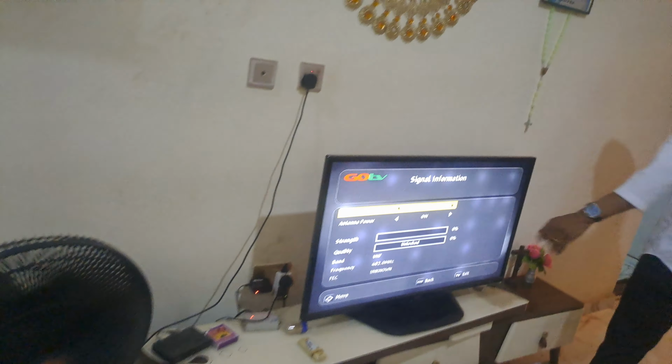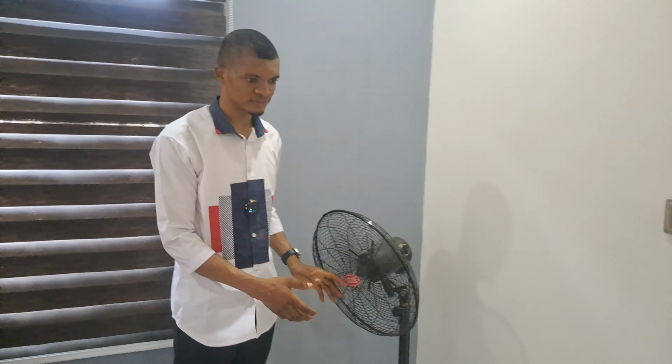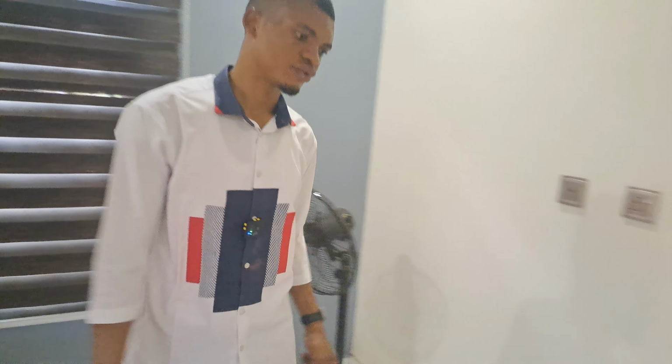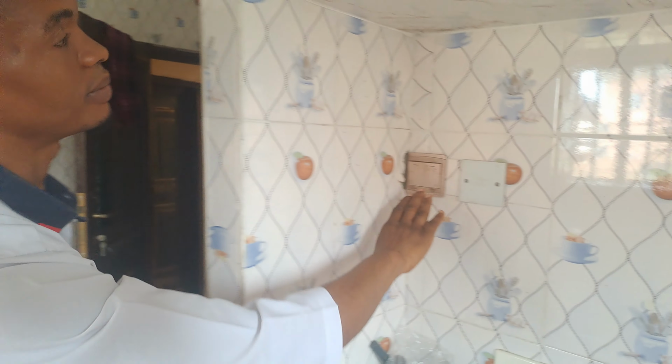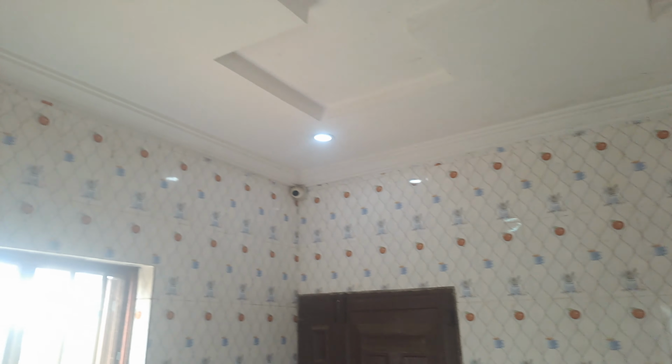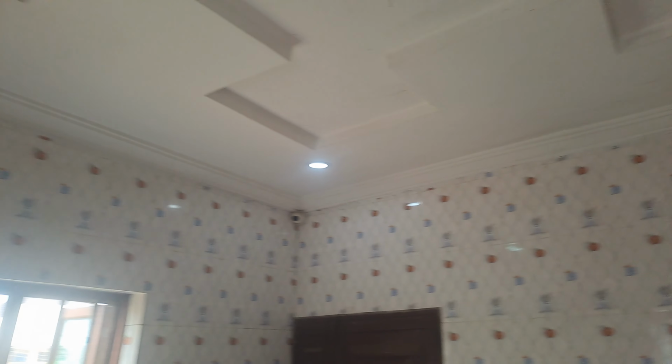You see, I'm taking time to do them one after the other. I got here. I powered this fan too. You see the fan is working now. So when I turned on the bulb, you can see that they are all working. Now after I isolated that, we come back,